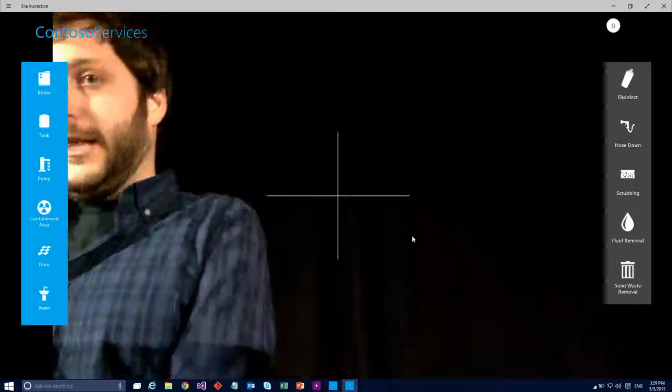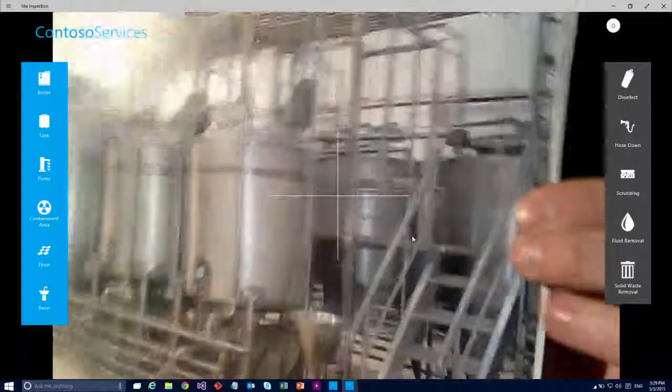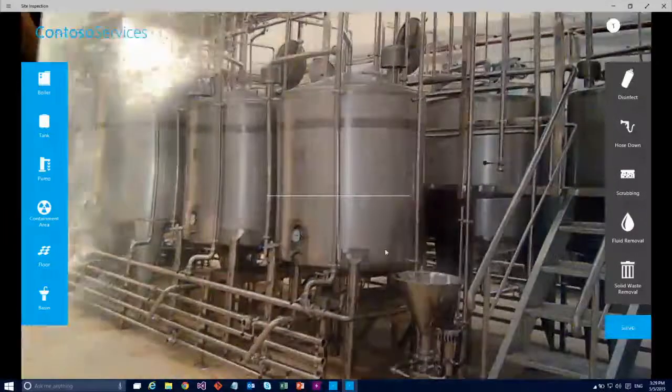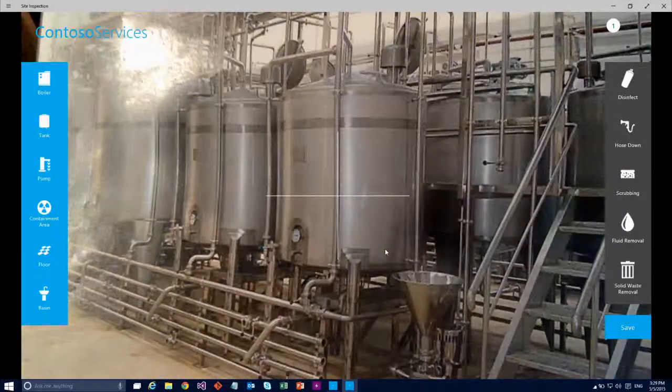So let's transport ourselves to the dairy plant here. Let's go ahead and, okay, yeah, dairy plant. All right. And I took a picture. And so now you can imagine that I'm on the factory floor, and I've got my tablet, and I take a picture of this tank, and I say, well, you know what? I'm going to tap it with my thumbs here. This is a tank. And I know for this you need to hose this down, and you're probably going to have to scrub it. OK.